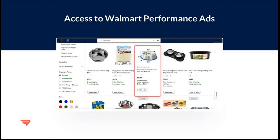Second piece is that every Deliverr seller gets access to Walmart's performance ads. This is a huge component. We talked a lot in this presentation about the flywheel effect, about growing on the Walmart platform, and how it's really kind of a marathon. You're looking at 3 months to really get good data on this. And Walmart performance ads are a huge piece of that. This is adding ad spend, combining that with 2-day shipping. That's really kind of a working model here. And can really be